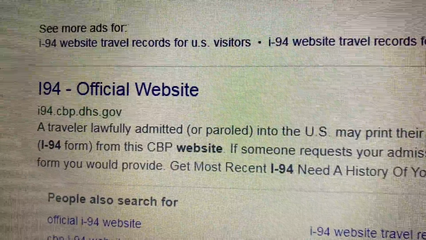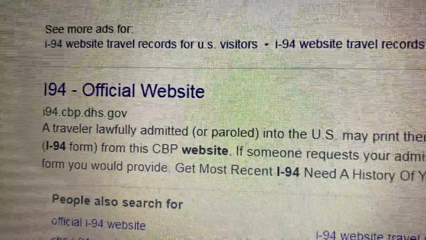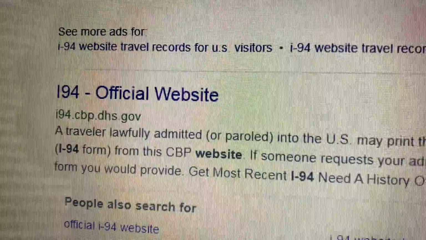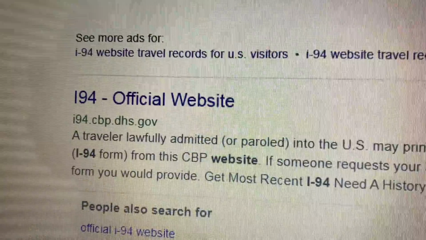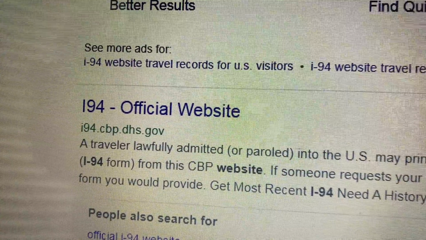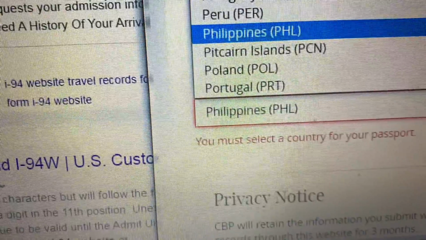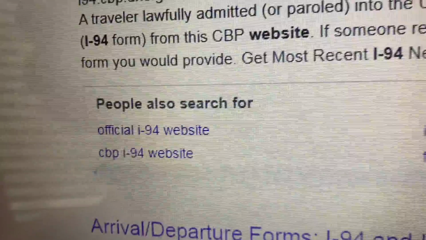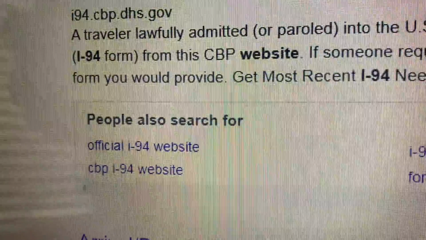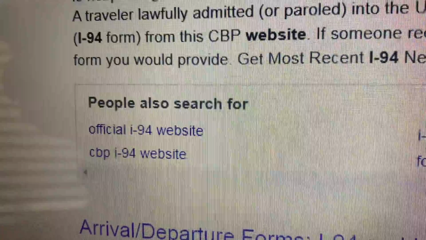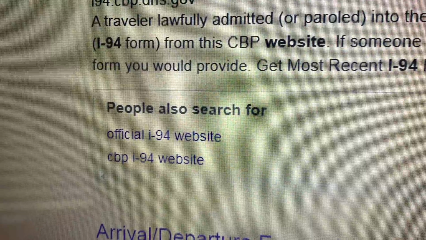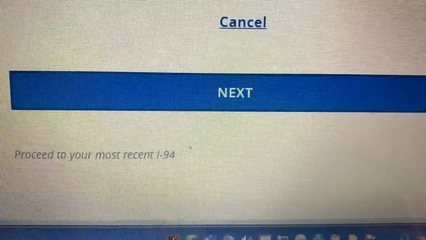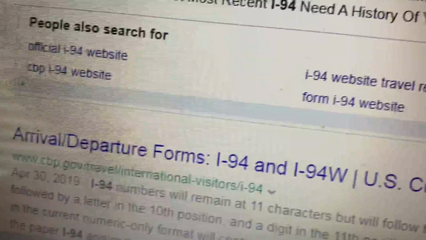Then you have to enter the country you were born in. Since we are from the Philippines, we have to click Philippines. I will not show that. Then after you fill out everything, you have to click the bottom part, the word next.